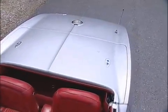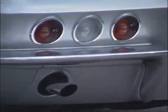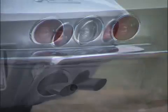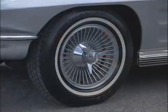Roger also noticed that the car came with six taillights, rather odd because these cars came with only four. He said, I bet you want to know about the six taillights. And I said, yeah, tell me about that. So he said, well, Larry Shinoda is a good friend of mine, and he told me that when they were